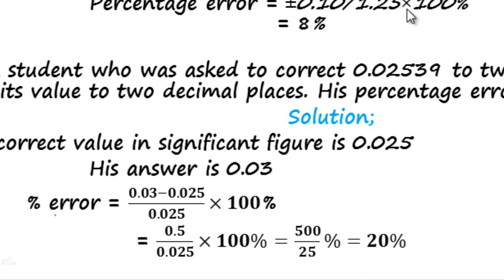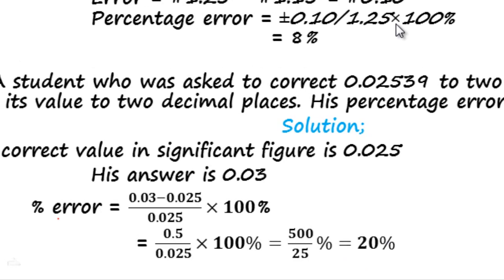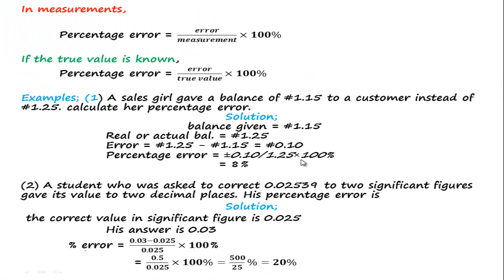I believe you understood this. And if there's anyone that is not clear, you can go back, you can rewind, pause. Just make sure you get this. Percentage error is very simple. You can go and check all the past questions. You see that WAEC, NECO, JAMB, they have interesting percentage error questions. So we see